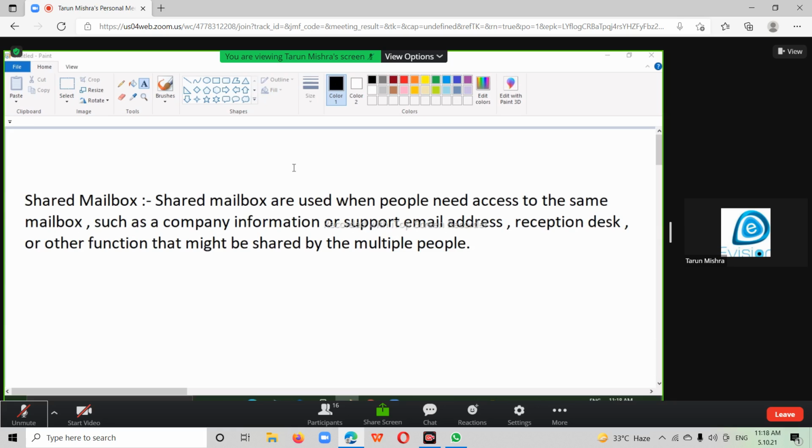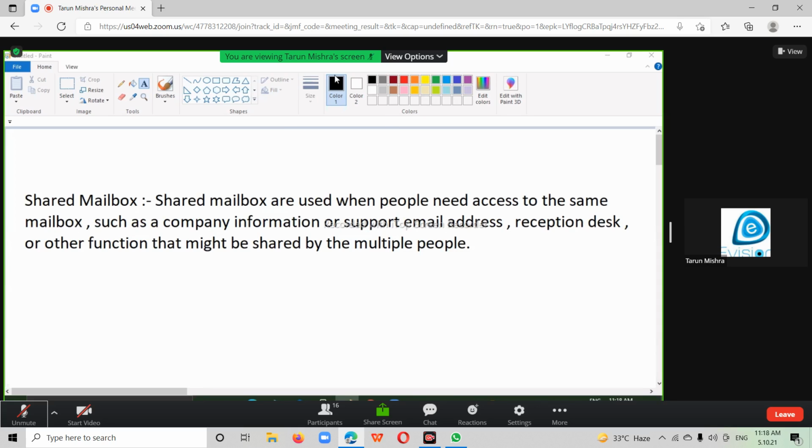Correct. Guys, we are basically creating a shared mailbox so that one piece of information is shared by multiple people, and the people who can provide a solution to the clients can provide it easily. That's why we are creating a shared mailbox on Office 365, and all the people will get a mail on a particular shared mailbox.